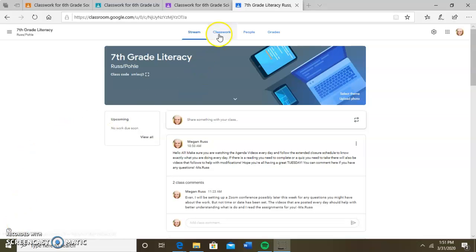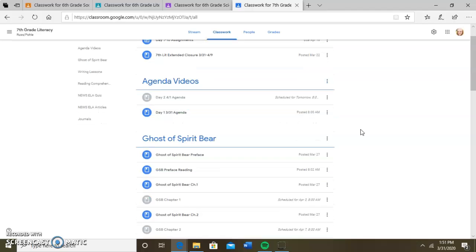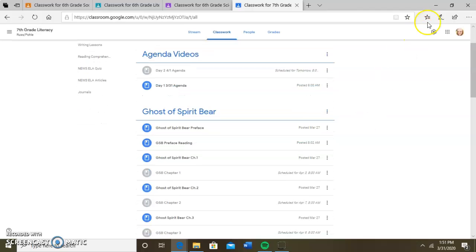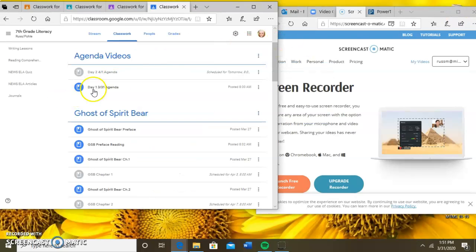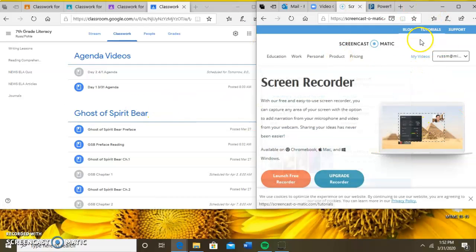Now we're going to go to classwork. This is actually my screen, so it might look a little bit different. The gray assignments here are the ones that are going to be scheduled to be posted. So that's why you don't necessarily see them on your screen. I do suggest, like I've said before, to make your screens a little bit minimized. So that way you can see maybe my video that I have right here, the one that you're watching, and then maybe have your Google Classroom over here, just to make things a little bit easier